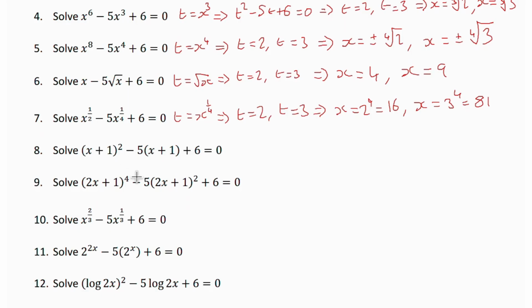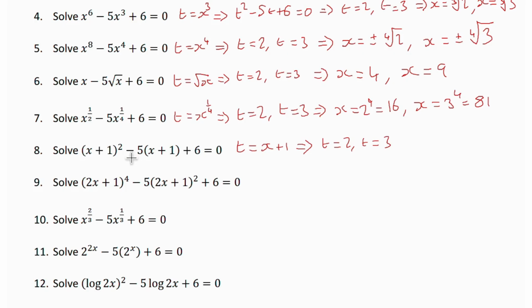Now we get on to some slightly more complicated ones, which are not just polynomials of x. But this still has the same structure. What has changed is instead of x to a power, it is x plus 1 to a power. So this time t is going to be x plus 1. We still have t is equal to 2 and t is equal to 3 when we solve the resulting equation,